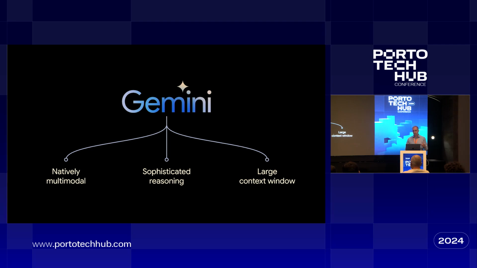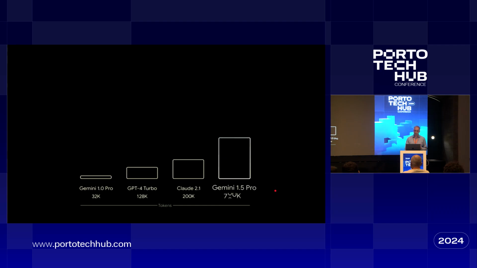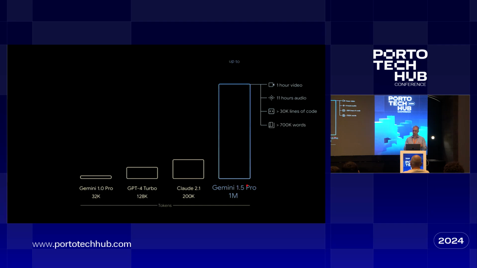It's the most sophisticated model we have as of today. And one of the unique things about Gemini is that it has a really large context window. So you can send it a lot of things at once, and it can reason through that. Just to give you an example, Gemini 1.5 Pro used to have a 1 million token context window, but now it's 2 million. So everything here just